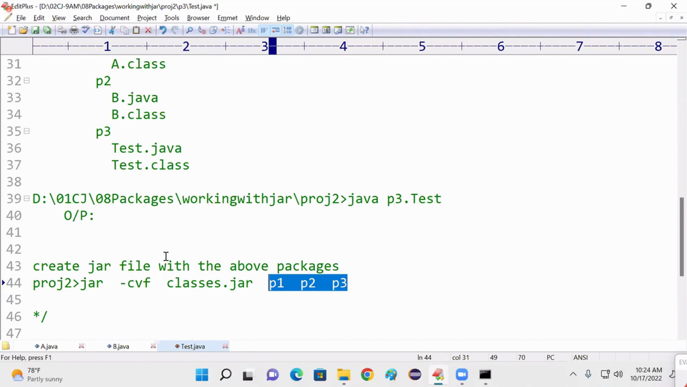Inside P1, what is there? Java files. You want to include Java files also? You want to give your source file to other developer or client? Then tell me what I should write. P1/*.class, P2/*.class,